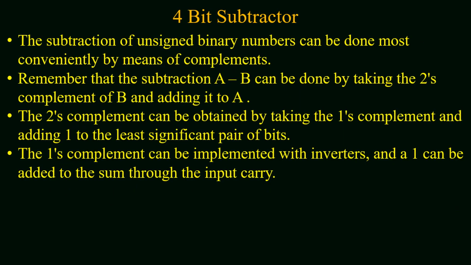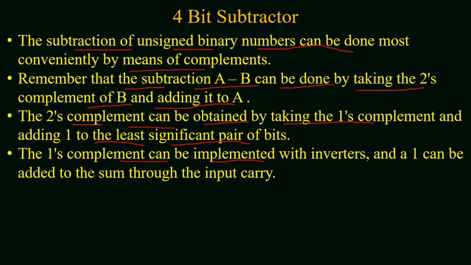The subtraction of unsigned binary numbers can be done most conveniently by means of complement. Remembering from the previous lectures that the subtraction of A minus B can be done by taking 2's complement of B and then adding it to A, where the 2's complement can be obtained by taking the 1's complement of B and adding 1 to the least significant pair of the bit, where at gate level the 1's complement can be implemented with the help of inverters, and the 1 can be added to the sum through the input carry